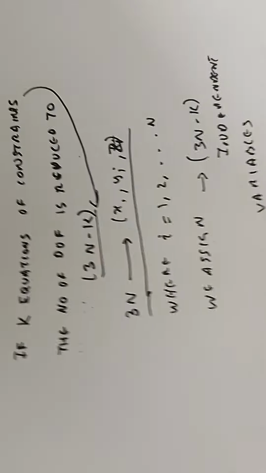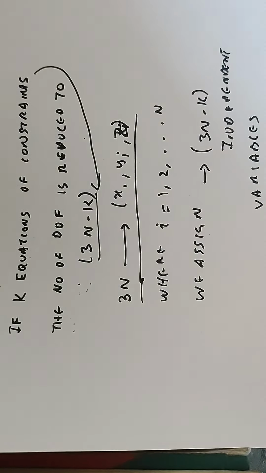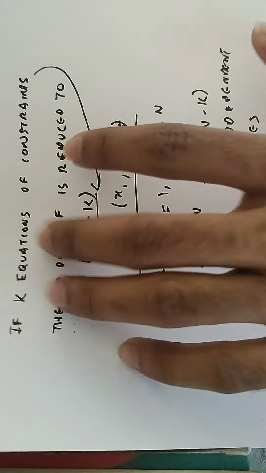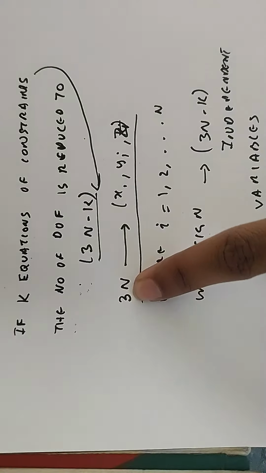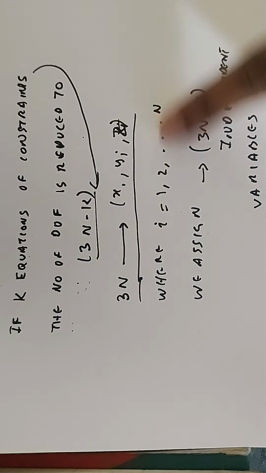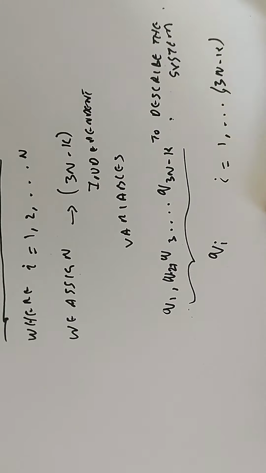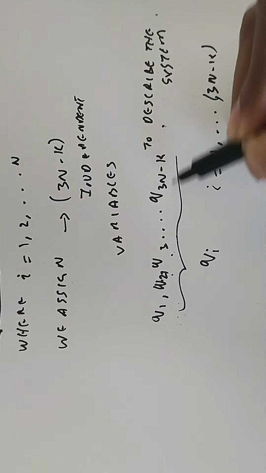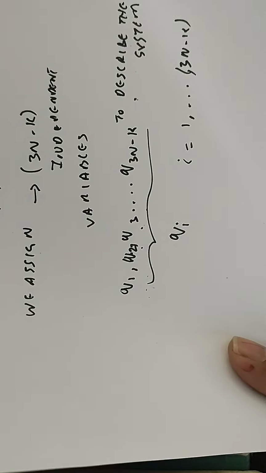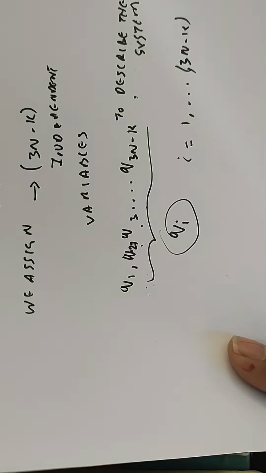Okay, let me summarize again so that you keep it in mind, because this is going to be the base of the Lagrangian approach that we are going to take. If there are k equations of constraints, the number of degrees of freedom is reduced to 3n minus k. The 3n is given by xi, yi, zi, where i runs from 1 to capital N. We assign 3n minus k independent variables q1, ... q3n minus k to describe the system, and we describe this system by a single variable qi where i runs from 1 to 3n minus k. These variables,